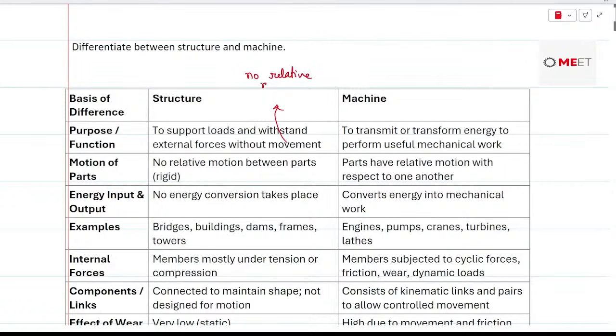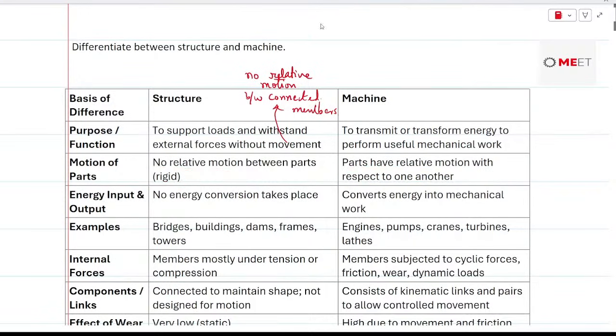no relative motion between the connected members. Whereas a machine is used for transmitting and transforming energy into some useful work. Motion of parts: in a structure, there is no relative motion between the parts, and in a machine the parts have relative motion with respect to each